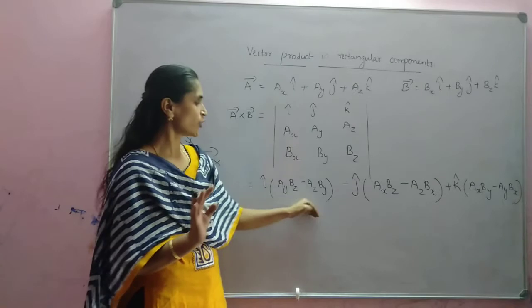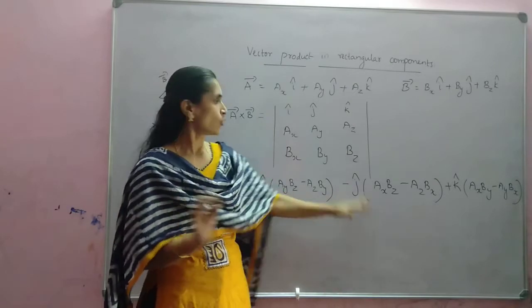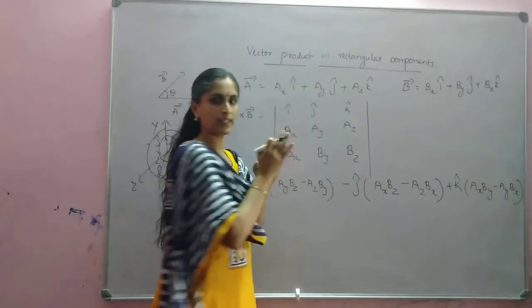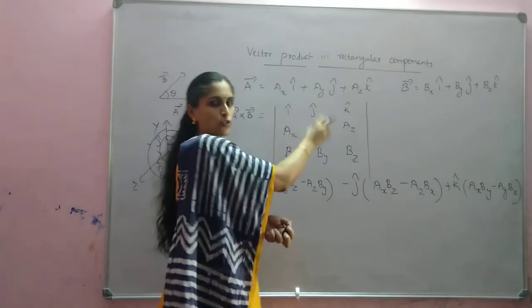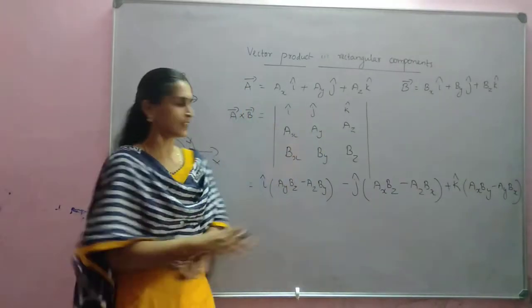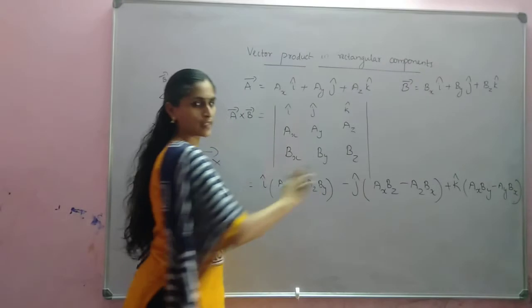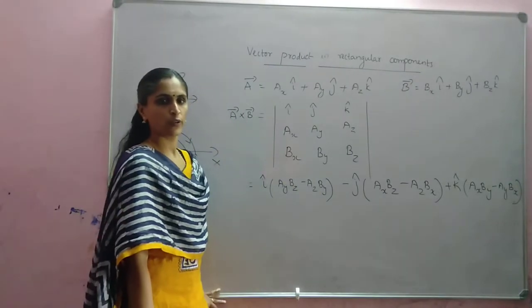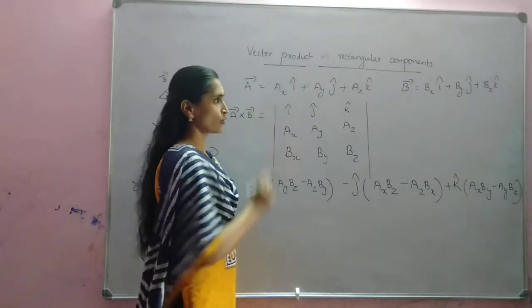So no need of by-hearting this also. You should only represent it in the determinant method. Later on, whatever numbers or values are given, accordingly you can find it. So no need of by-hearting this result also. Understood? Okay. So one more thing I forgot to tell you.